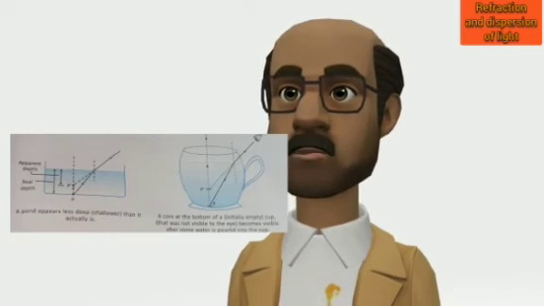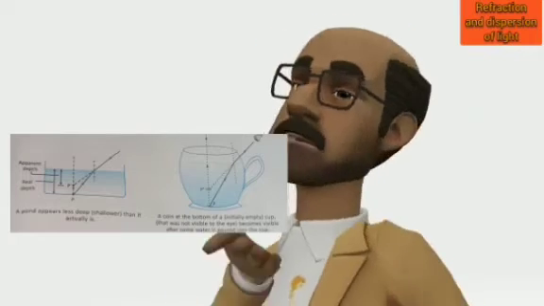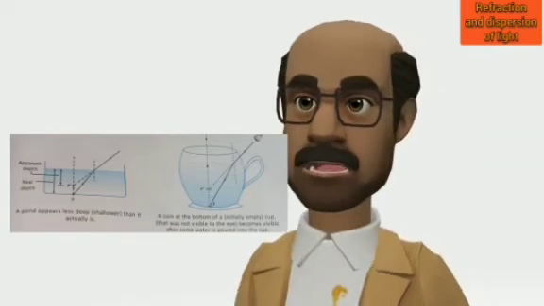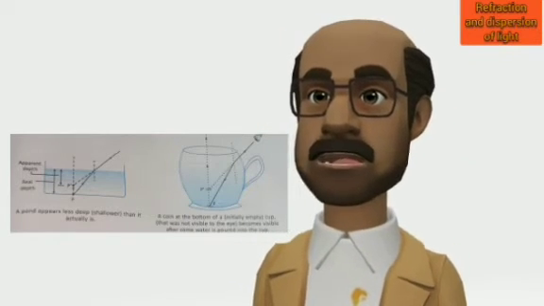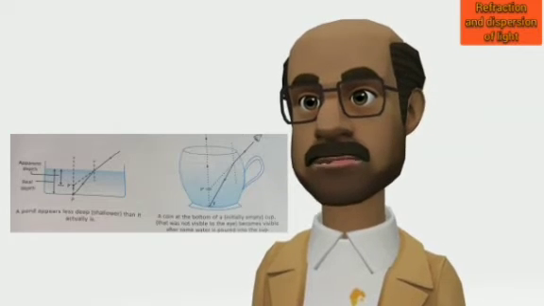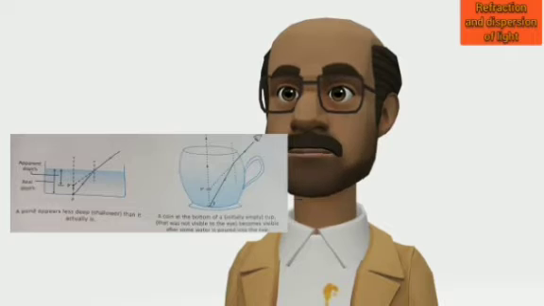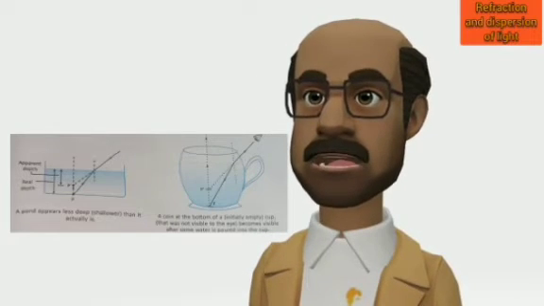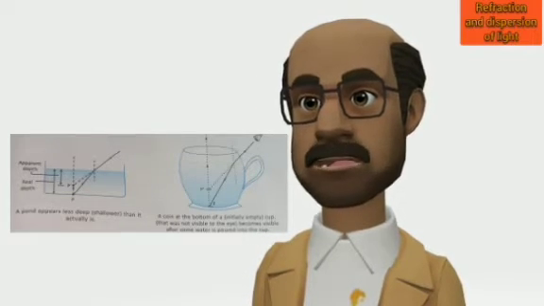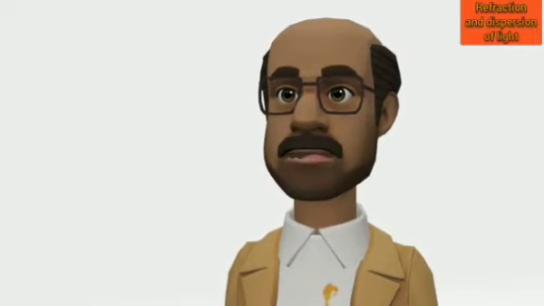Proceeding in exactly the same way, we can understand why a pond appears less deep than it actually is. A coin put in an empty cup, not visible before, becomes visible after some water is poured into the cup. In the two ray diagrams given on the screen, we see that it is the bending of light rays away from the normal, as they move from an optically denser medium, water, to an optically rarer medium, air, that is responsible for our observations.